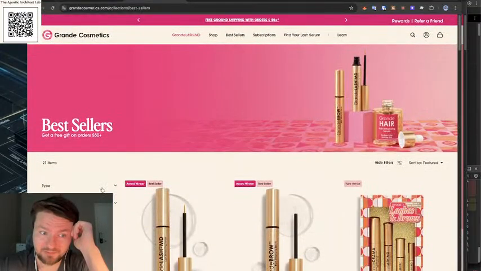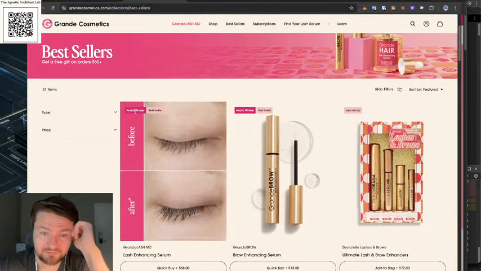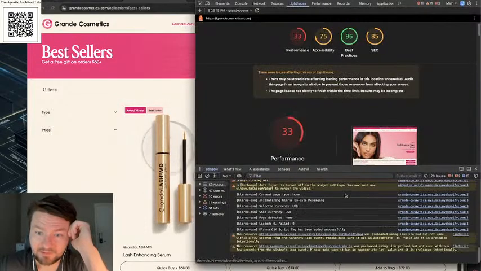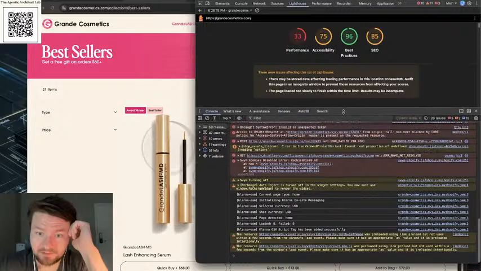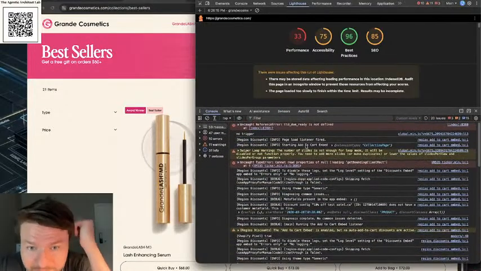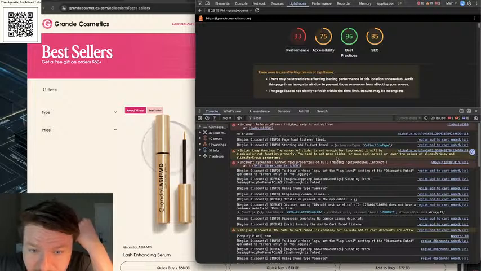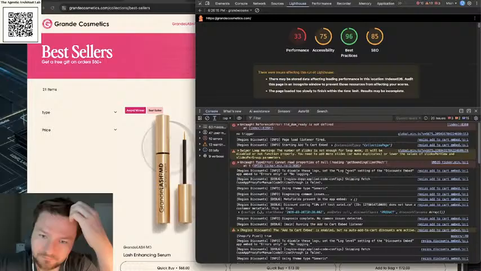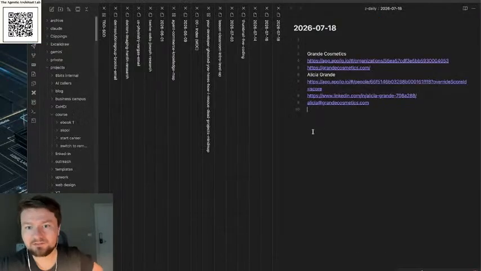But probably it doesn't matter for them, or they wanted it that way. These tags are super small, barely visible. Okay. So the website is